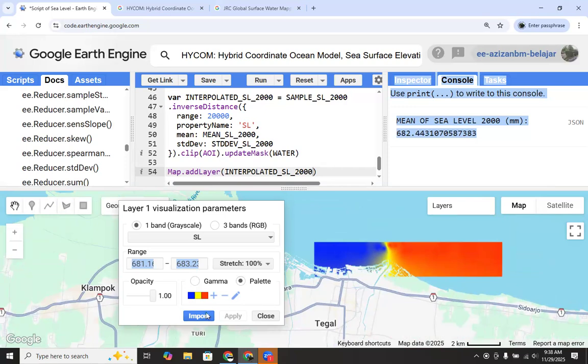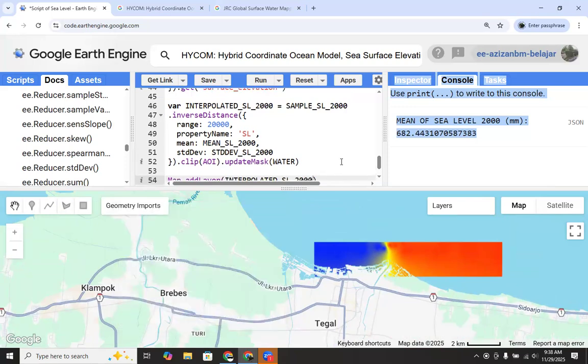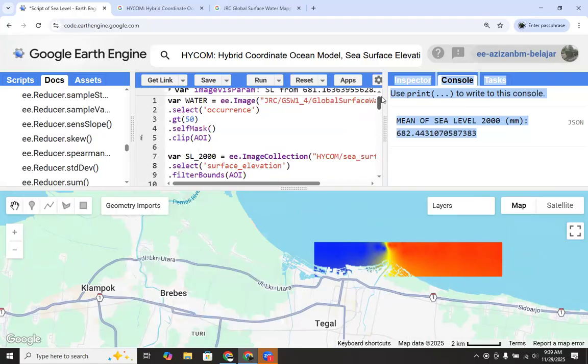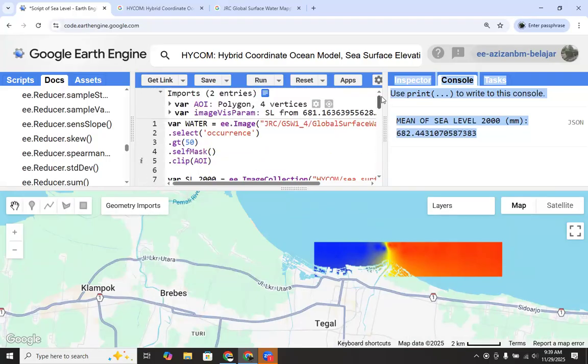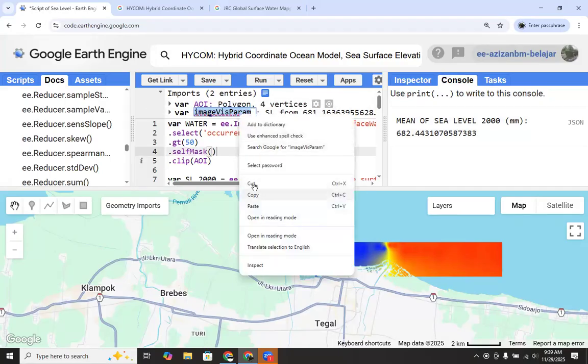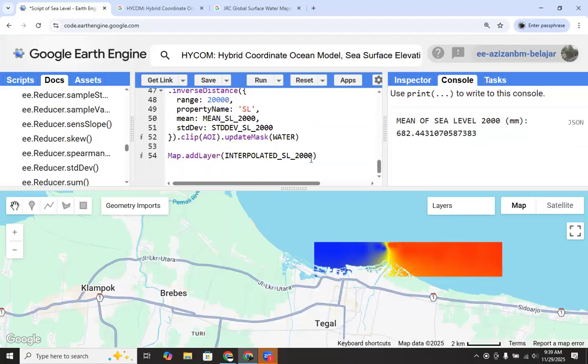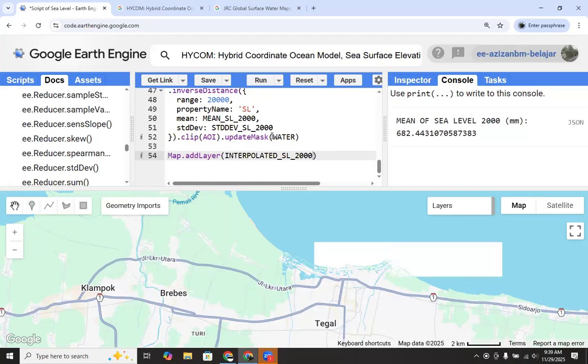Okay, then we can click import, and we can close the parameters. The default name is image with param. If we click run again, the data will be white again.